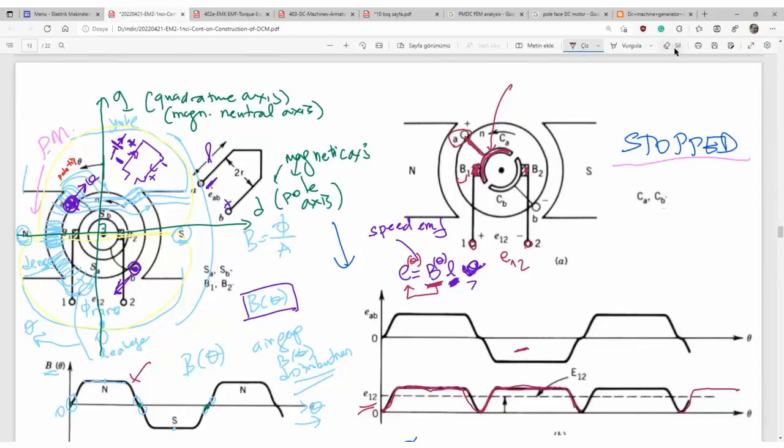Then, when you move the rotor in any direction, it doesn't matter in fact, then B1 will be connected to coil side B, and then again A. So B1 will commutate first A and then B and then A again, and it is cyclic. That is called the commutation